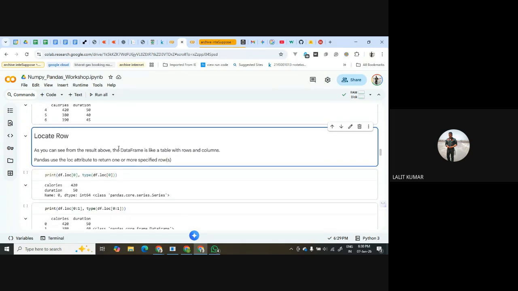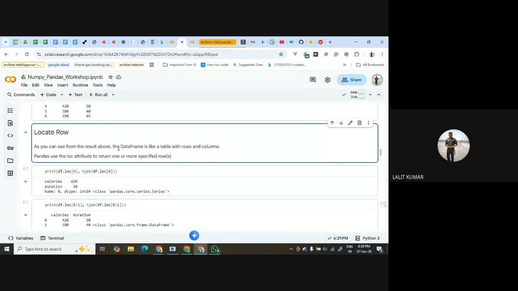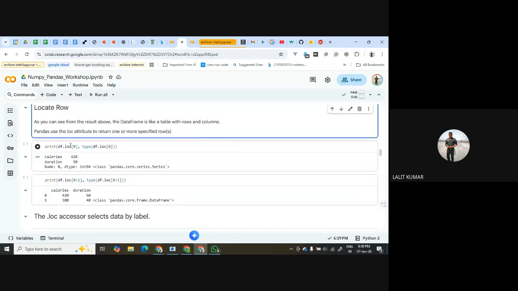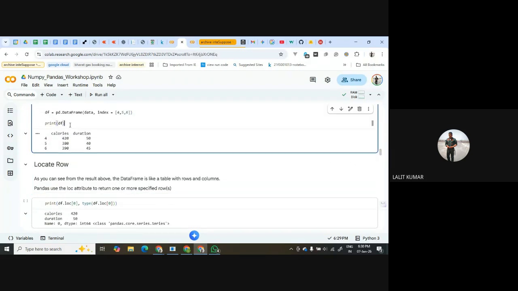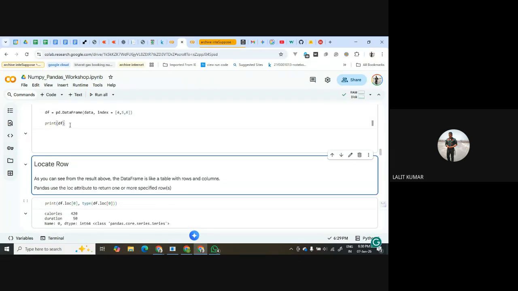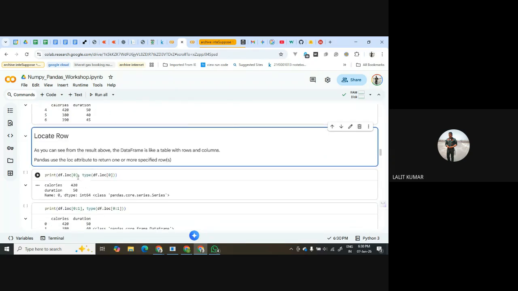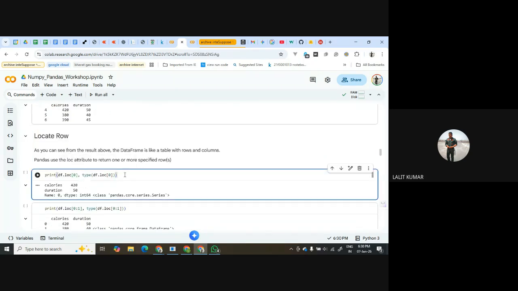So we will see this concept in detail. Loc is used when we know the label. For example, in this data frame, I know that a label is 4.